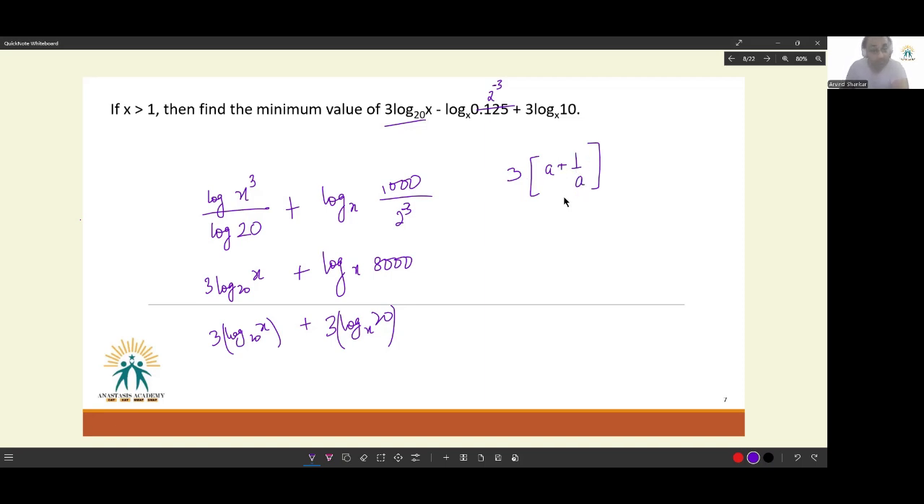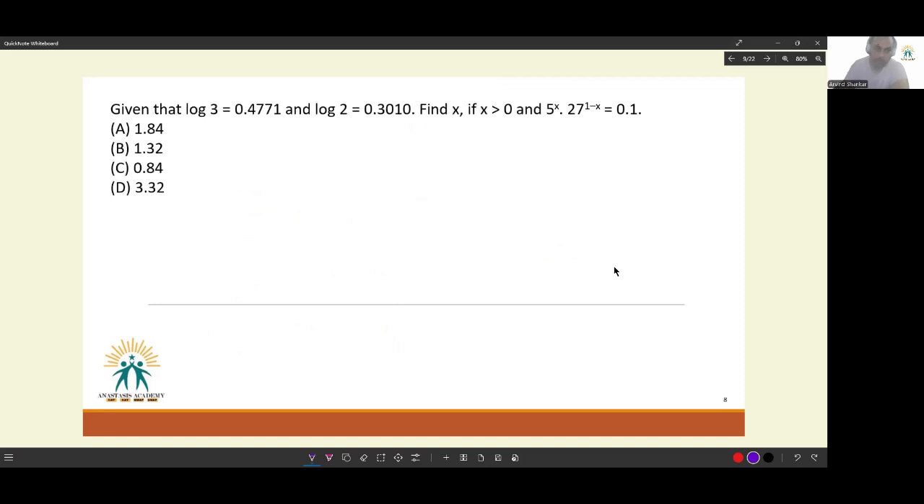A plus 1 by a, when a is a real positive number, minimum value of this is 2. We know when log values are being talked of, minimum value, it will always be a positive real number. So the minimum value of this entire expression will be 3 into 2 or 6. Answer to the question will be 6. Next,